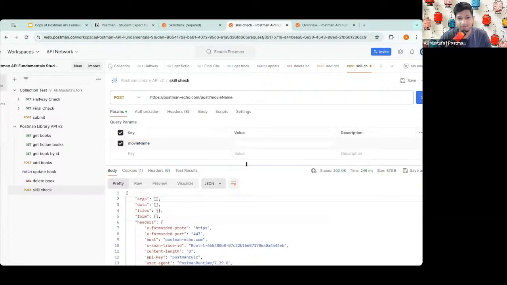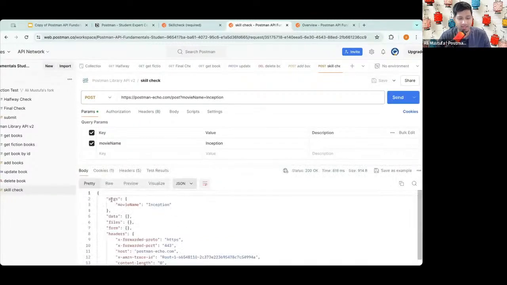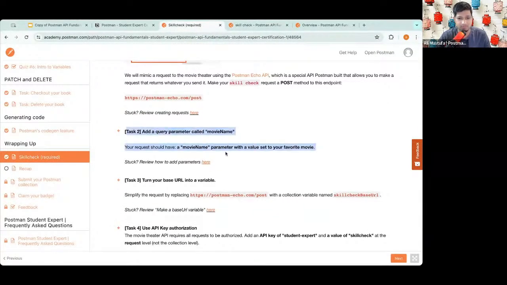Now, a lot of favorite movies, but which one is the most favorite movie for me? I guess there's a lot of them. Interstellar is there, and I also love Inception a lot. So yeah, I guess Inception is good. Let's do Inception. Okay. Save this. Now, if you send this again, you will see that now you have passed an argument. So you'll see our movie name Inception. That's good. So task number 2 is also done.